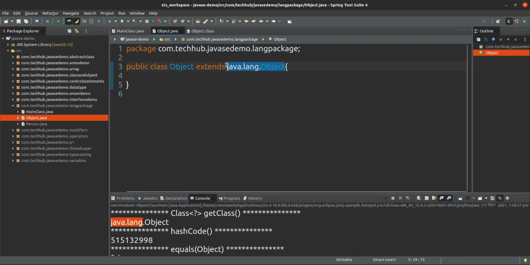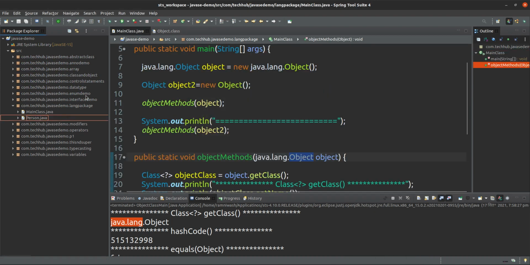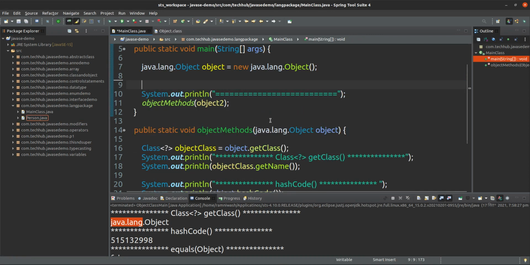Two Objects exactly the same, how is it possible? That's why Oracle is restricting that your package name cannot start with java. This is the reason behind that. Okay, I will delete this Object now. That's fine.